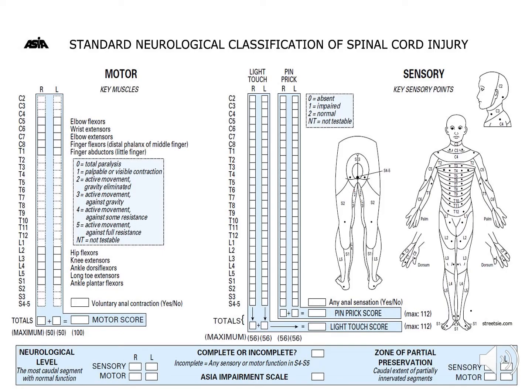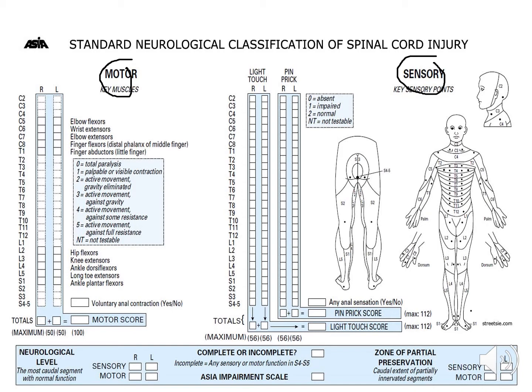All right, guys, so this is once again the Asia scale. As you see on the left side, you have the motor, and on the right side, you have sensory. Sensory would be assessed. Obviously, we're looking for the most caudal segment where there is normal sensation. Here you have the ordinal scale that we were talking about. The doctor would just go down the list on both sides and see at which level the patient's sensation diminishes, or what is the most intact caudal segment.